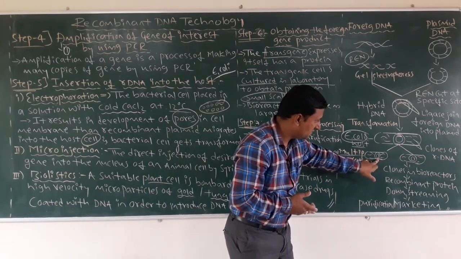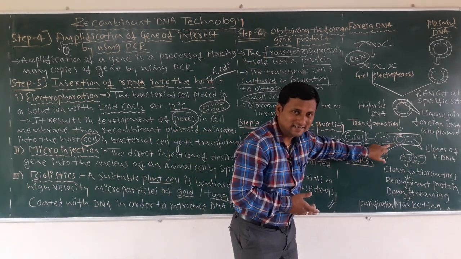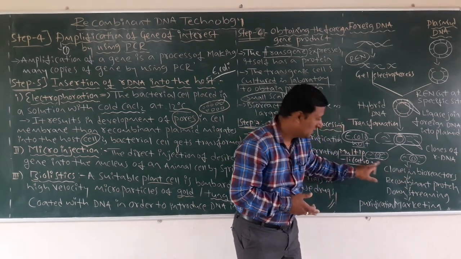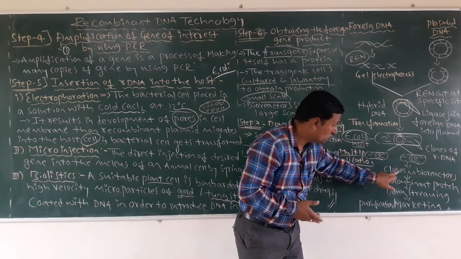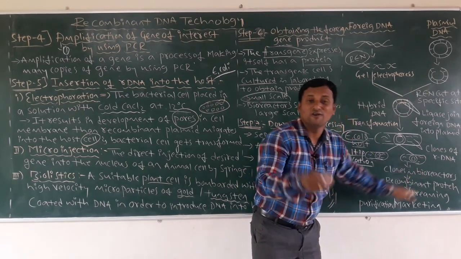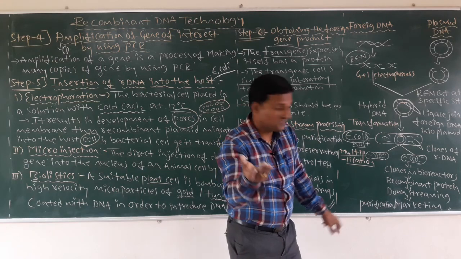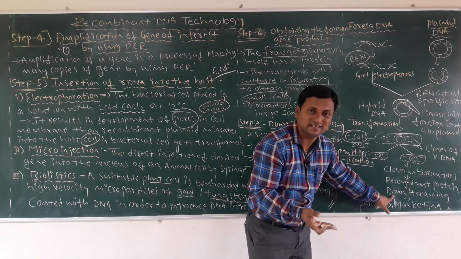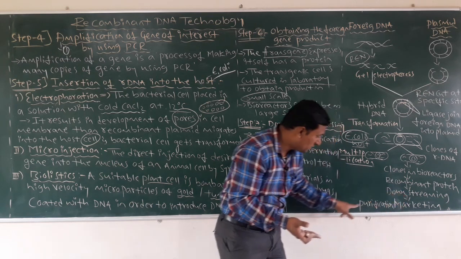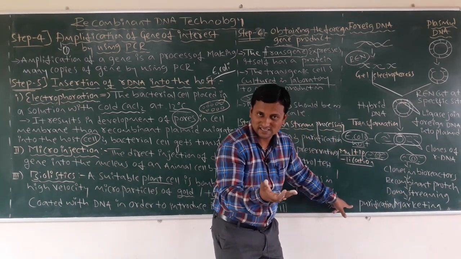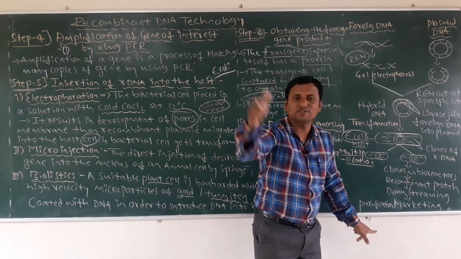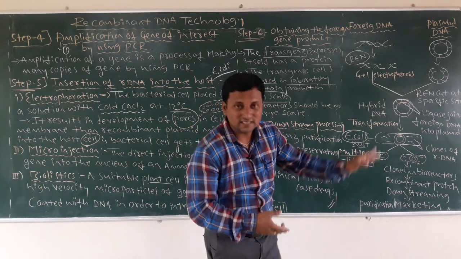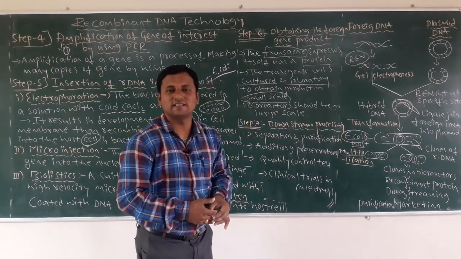So, here you can see when it enters into the cell, it undergoes multiplication, then a number of copies will be formed. These copies will be clones you can use in the bioreactors for making a large scale. After the bioreactor, that recombinant protein undergoes the last process, what is that? Downstreaming. In the downstreaming, what are you going to do? Purification, and then it is going to enter the commercial scale for the purpose of marketing. So, this is the way we are going to obtain the products.